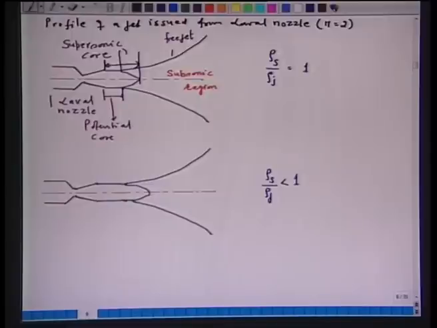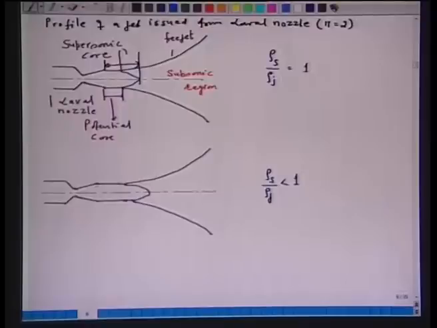Now, if the ratio is equal to 1, then I have shown here the length of the potential core, the length of supersonic core beyond potential core from here to here, and the total length of supersonic core varies from here to here. Now, suppose the ratio is less than 1, the density of surrounding is less than the density of the jet. The jet is denser, so it will be able to diffuse much higher in the surrounding as compared to when the density ratio is equal to 1. So, if this is my exit of the nozzle, you see this is the potential core length,